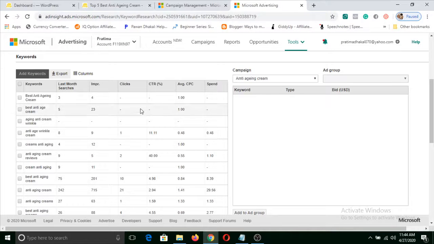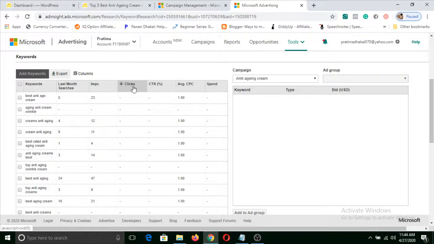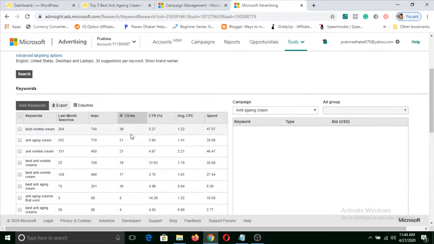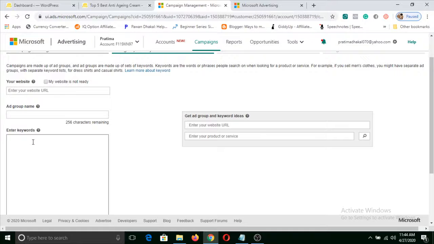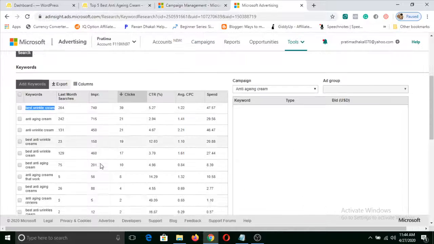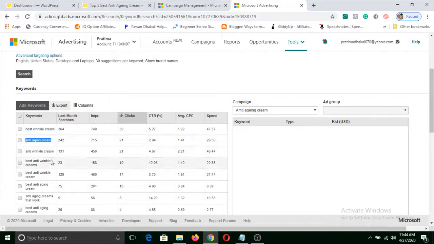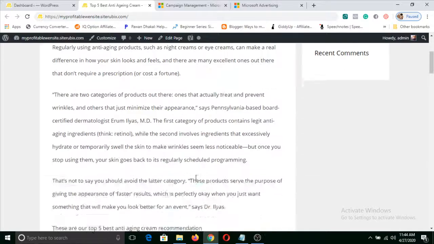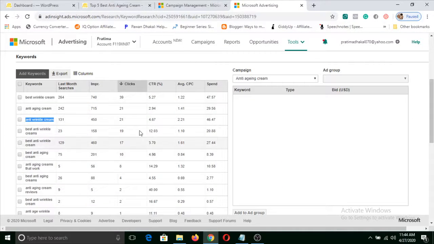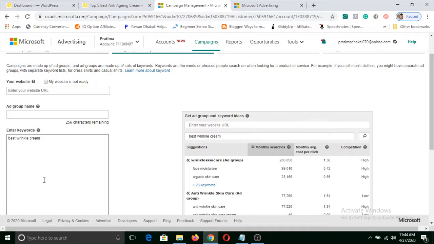So now what you can do is you go to clicks and make a left click here, and again 2 times. Then you'll see a hierarchy from top keywords that are getting clicks. Now you can simply copy it and go to your campaign tab, and in the keyword section you can paste that keyword. So you can keep on bringing keywords, as many keywords that are related to the product that you are promoting. And let's say you have a list of keywords here.